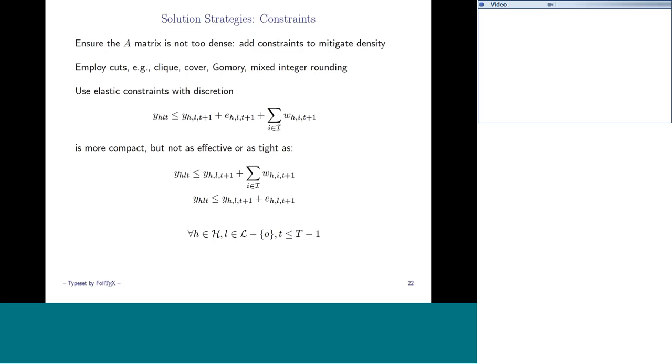So there's a certain constraint in the Coast Guard model about how either you want to be at the same location at which you were in the previous time period, or you want to be sent home for maintenance, and if not, you incur a penalty. Well, you can write that as the first constraint on this slide 22 pretty compactly, but if you split it up into two constraints and apply the penalty only to the constraint in which you're not at the same deployment site as in the previous period, that actually gives a much tighter model. It changes things a bit in terms of the meaning, but the intent is reasonably close to what we wanted, and the model solves a lot better that way.